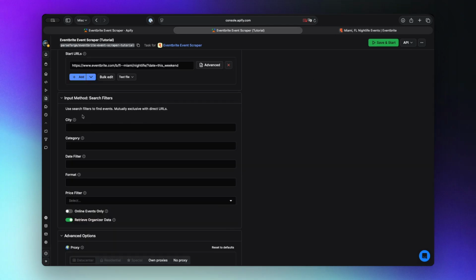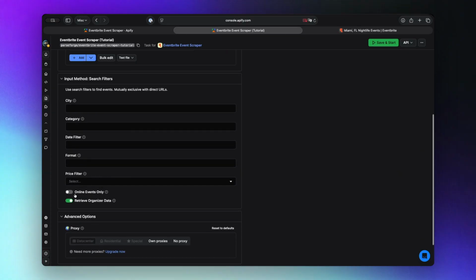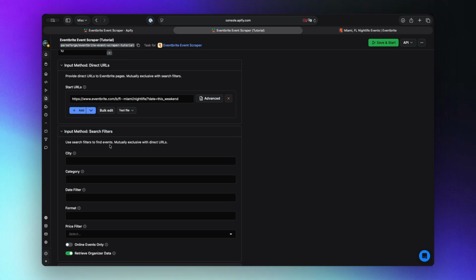If you instead want to use the filters, you can input the city, the category like music, business, the date filter like today, tomorrow, this weekend. Make sure it uses this syntax, the format if it's a conference, festival, seminar, and the price filter. You can also choose if you want online events only, and also to retrieve the organizer data. Just remember that you can only use one of both, so since we'll use a URL, we'll leave this one